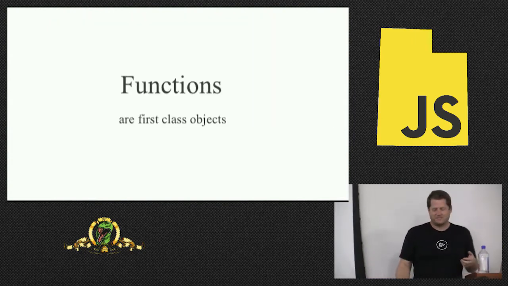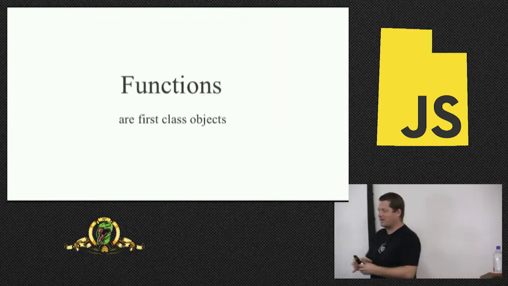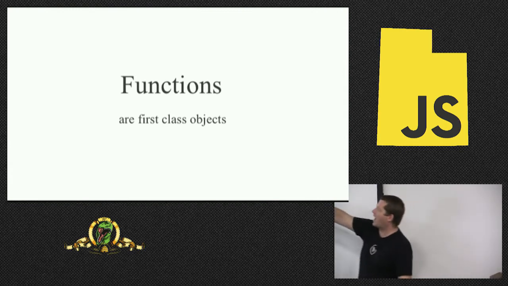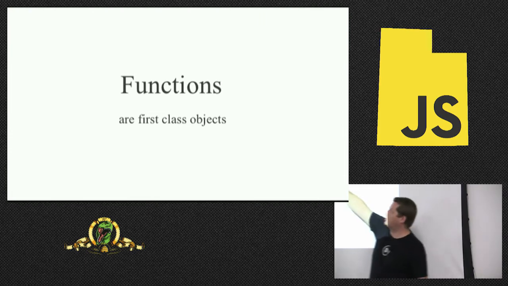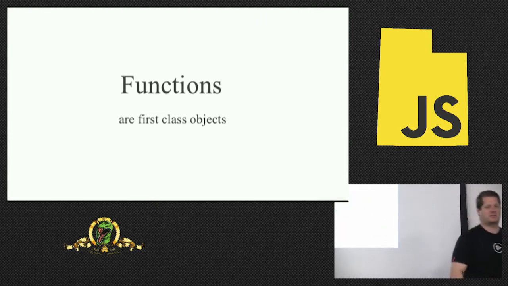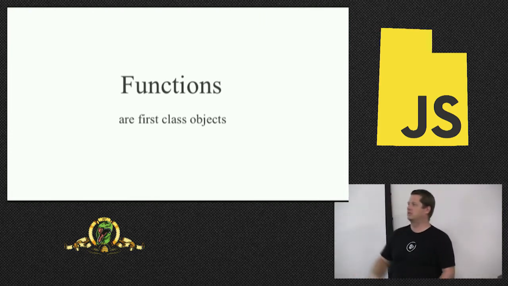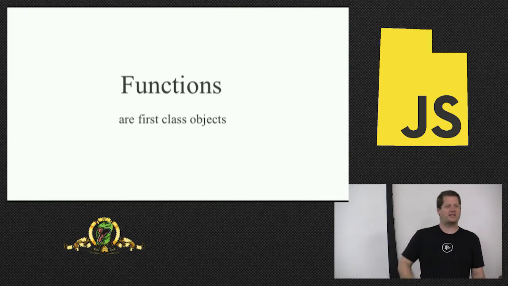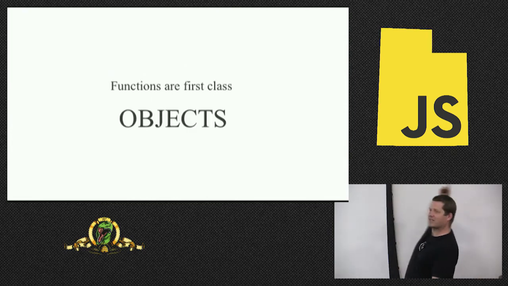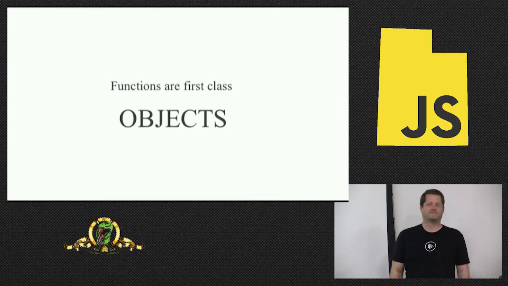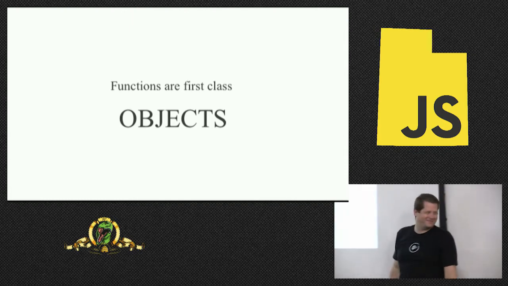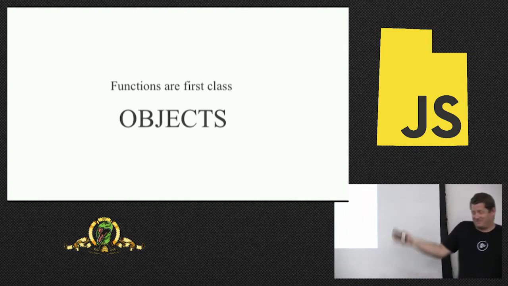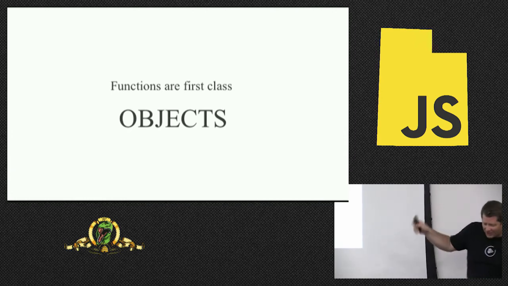So every time I talk to somebody about functional style JavaScript, I hear this phrase. Have you heard this phrase before? In JavaScript, functions are first-class objects. That makes it functional. And my response is always yes. Functions are first-class objects. It's right there in the phrase that they just used. But got to go along with it.